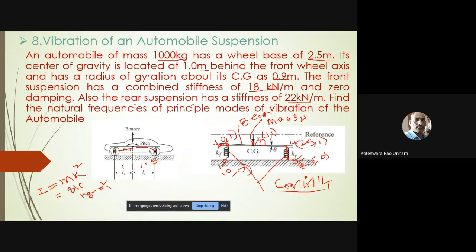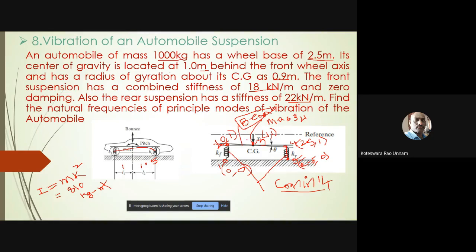sections. Since he has not given any properties for the beam or connecting member, here you can take arbitrarily any properties for the beam. So let us take steel properties, that is Young's modulus is 200 GPa. Poisson's ratio I can take as 0 also, no problem. It won't influence your solution. Those are the properties we need to use for the beam.